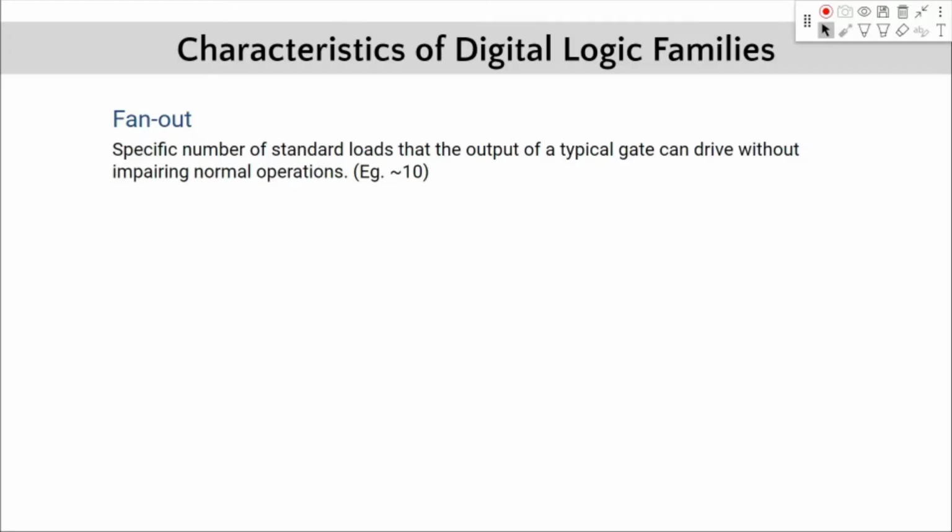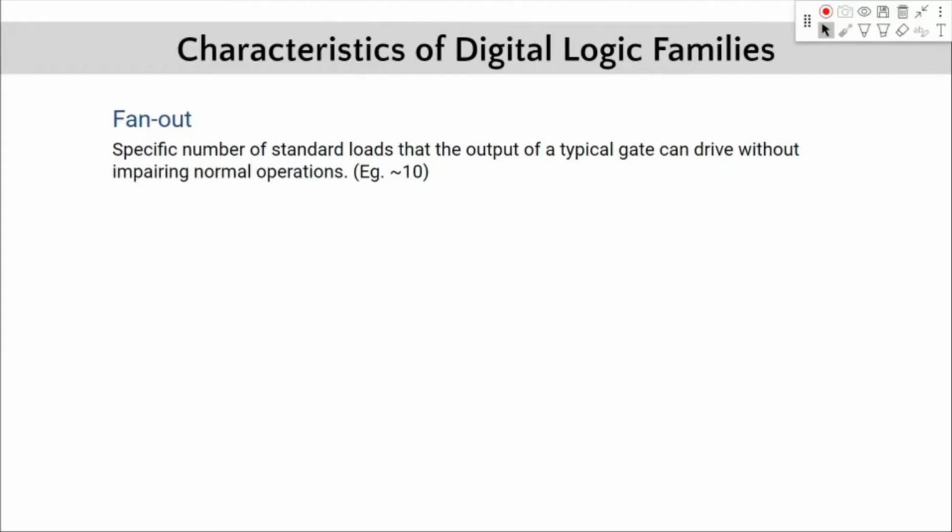The output of a gate has a particular fixed voltage, right? And it would have a fixed amount of current flowing out of that terminal. So how many loads can you connect so that the output is still able to drive them? You cannot connect an indefinite number of components at the output of any terminal. Every logic family can handle some particular number of loads. For example, 10 can be one family's fan out.